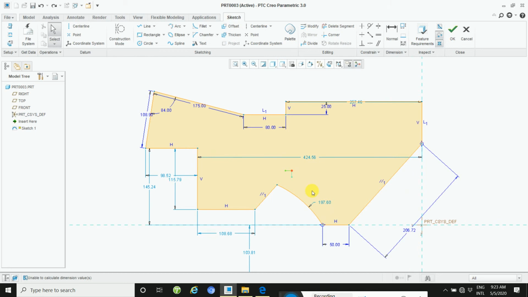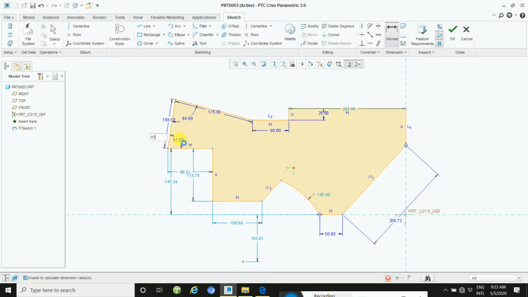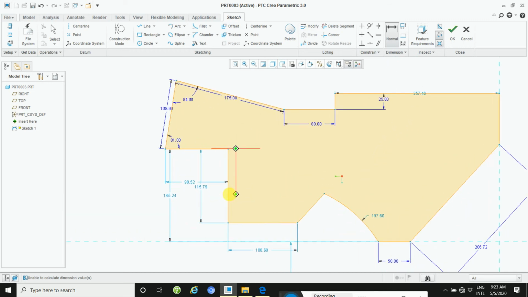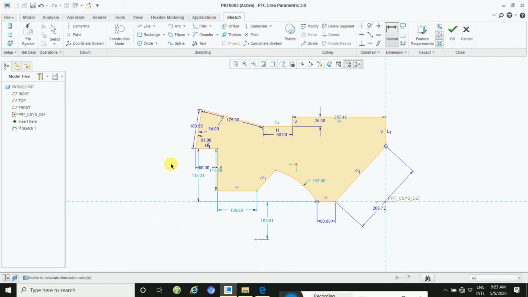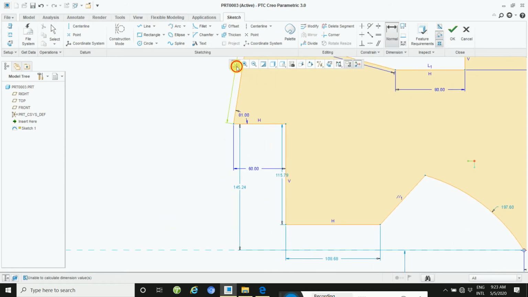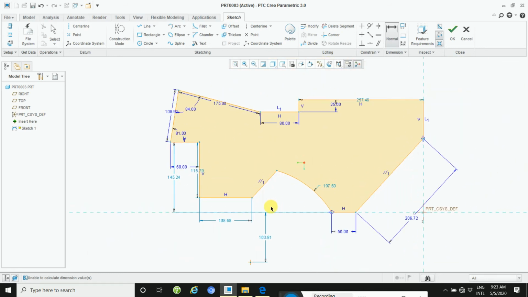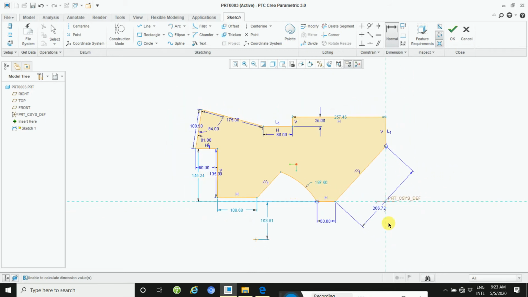so take this dimension is 81. Take angle 81 here and this, and then click here 81. Okay, and this dimension, this distance is 60. Okay, take here, already here 60, and this height is 135. Okay, 135. Okay,